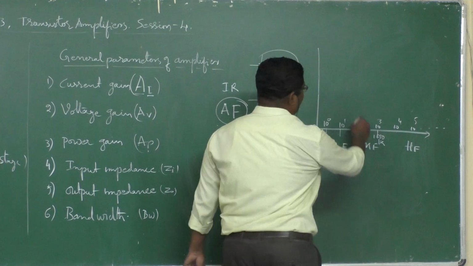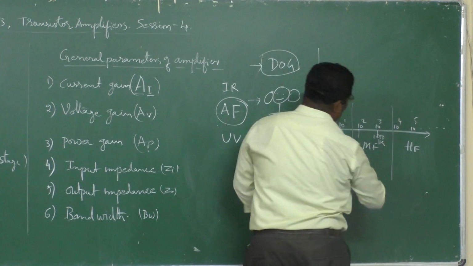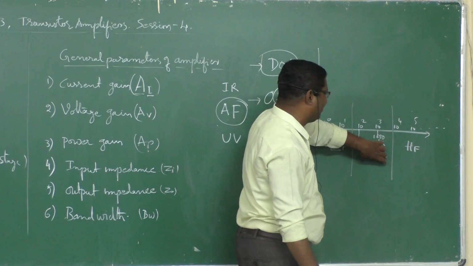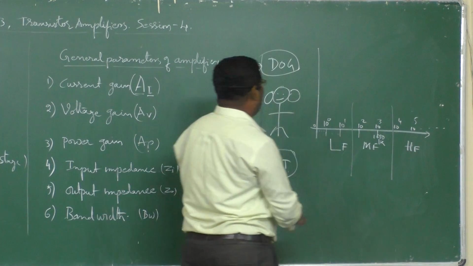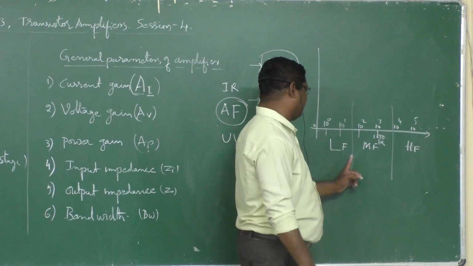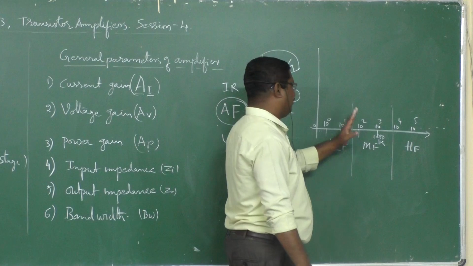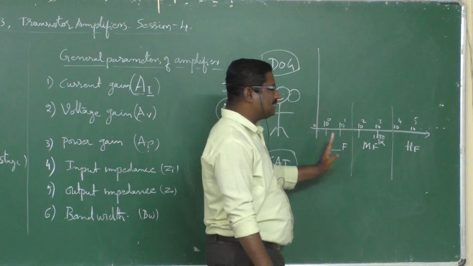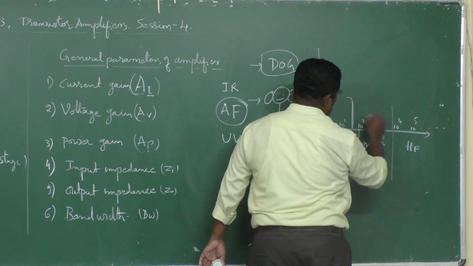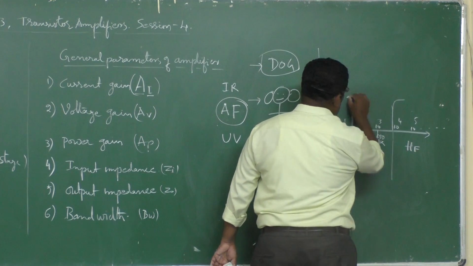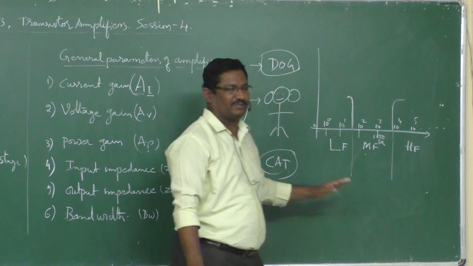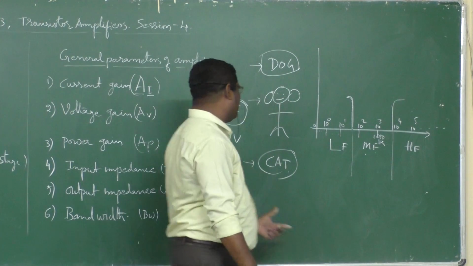Okay, so here let us define. It may change, this is not fixed. So this one is the low frequency, this is the mid frequency, and this is high frequency. If I am able to listen only to this set of frequencies, from here to here, then my bandwidth, my capacity for responding, is only this much, the mid frequency. I am not responding to low frequency, I am not responding to high frequency, so the band of frequency is limited here.